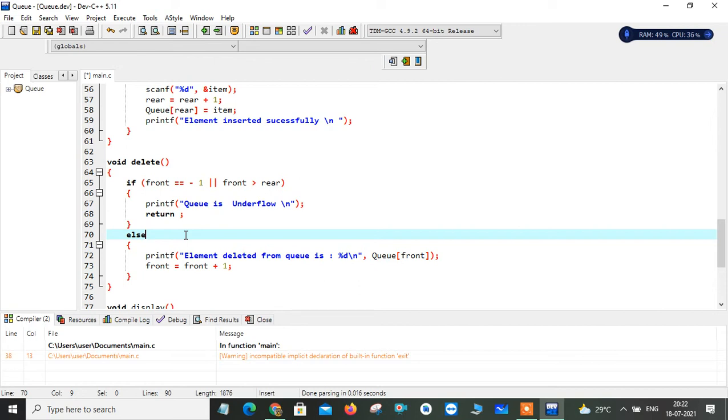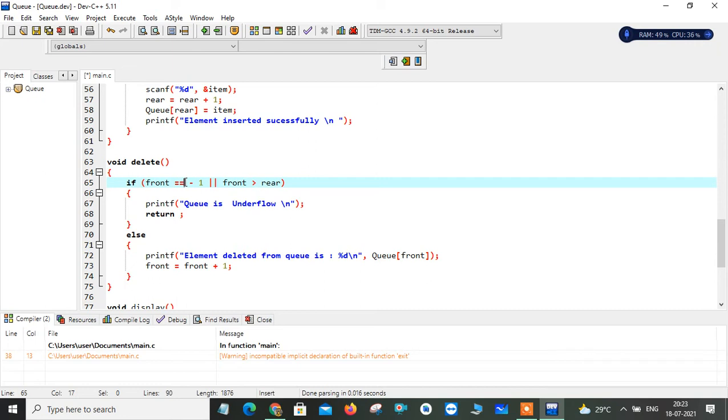So whenever I want to delete, I always keep the position of my front, meaning I always remove a person from the front. See here, I'm checking whether my queue is underflow. So underflow is a situation when I'm trying to delete some element from my queue which is already empty, so no one is there in my queue. Still I'm trying to remove some person from that. Now it is meaningless, right? So that is the situation that the queue is underflow.